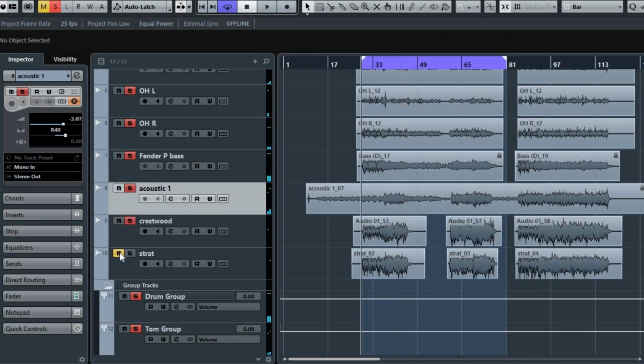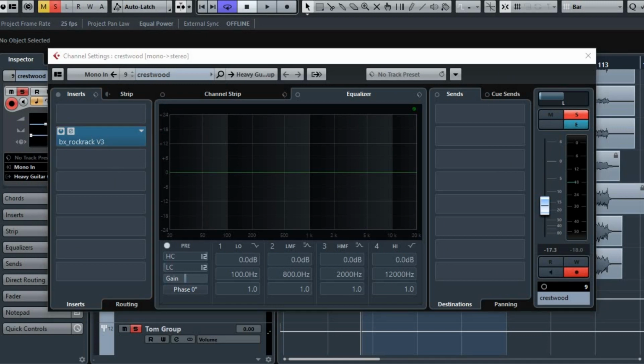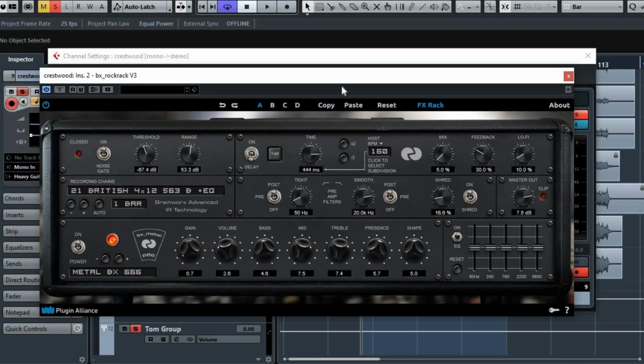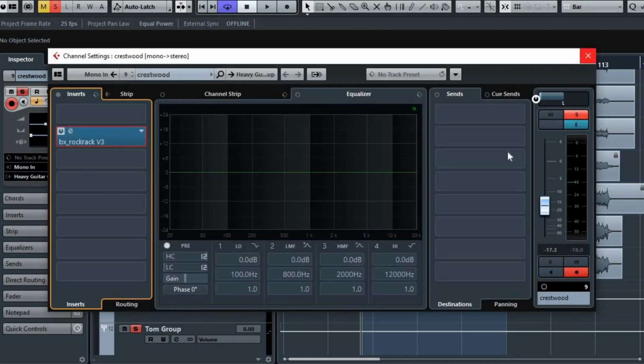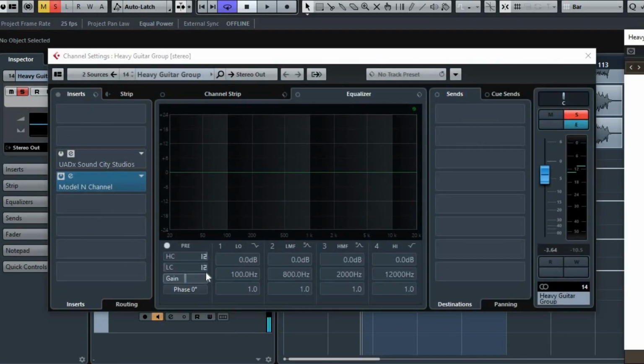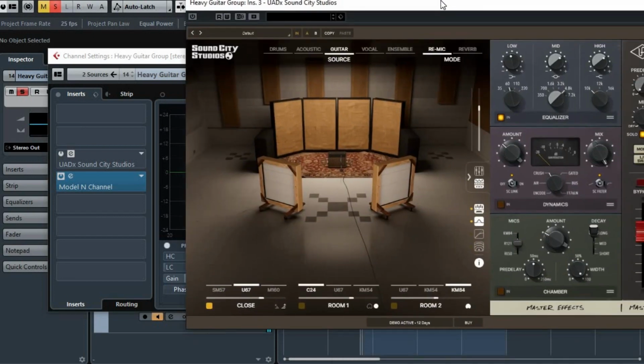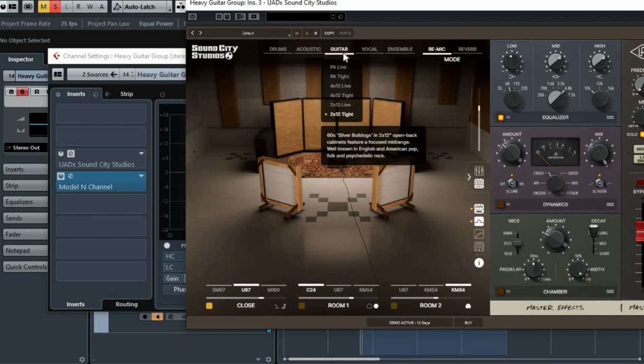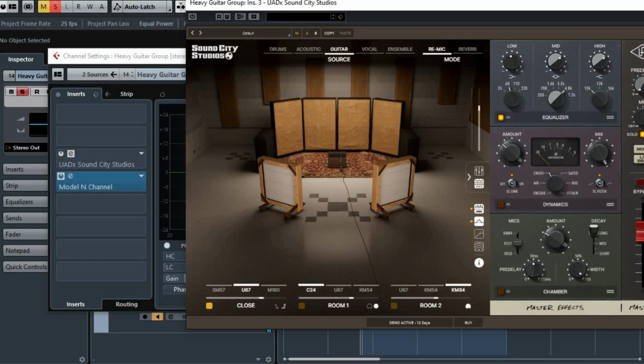And then I had an Epiphone Crestwood and a Strat. They've both got this plugin from Plugin Alliance, the Rock Rack, I think it's called. And then they are bussed to a guitar group with another instance of Sound City. Now, this is going through the kind of re-amping section here. 212's tight, I've got it on. And so without it,